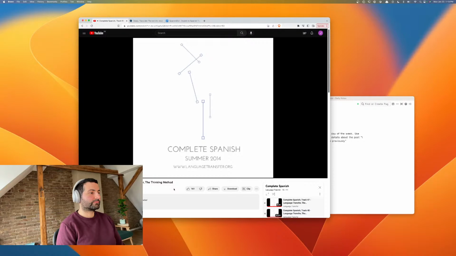Para mí, para ti, de mí, from me, de ti, from you. But then for the other people, we just say for he, for example. So how is for him or for he in Spanish? Para él. Good. And for her? Para ella. Good. So this para is when something is for somebody.